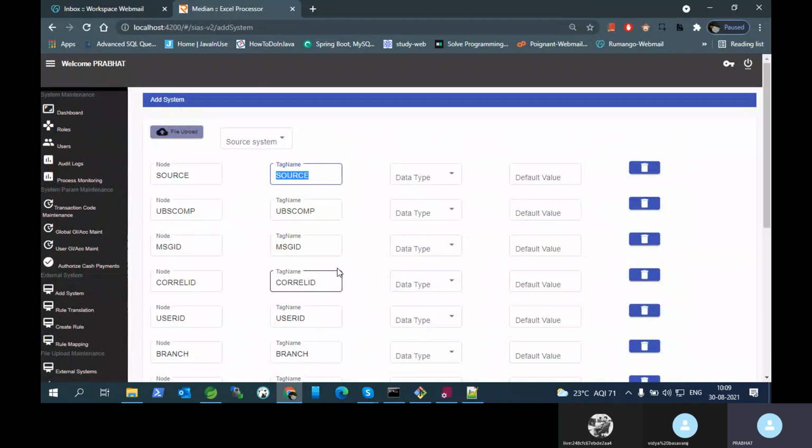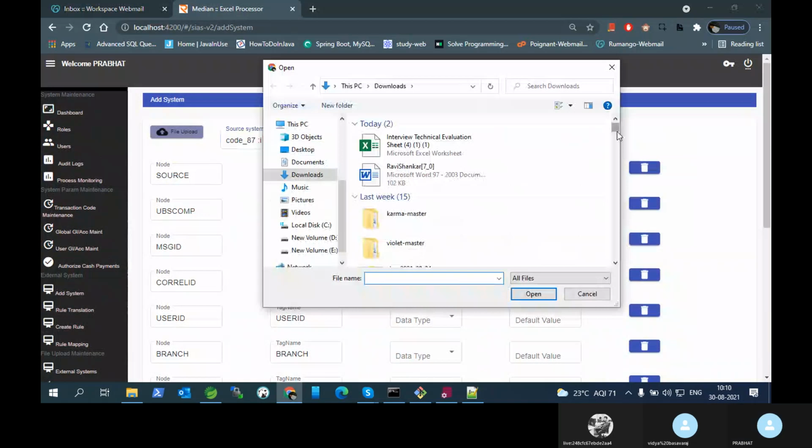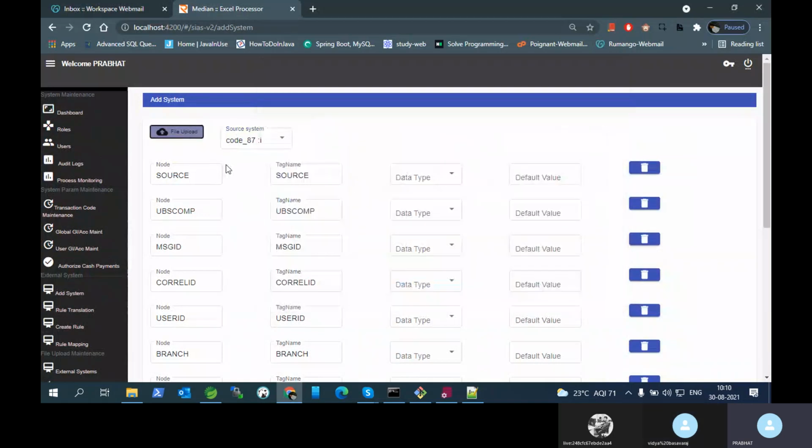And how will it come? It will not come while loading that screen. While loading that screen, it will first take the source system, then we will give the option to upload a file, so he can choose the external system. No, here you need to remove it. We told you earlier, right? Note it down. Yes, sir. Here source system is not required. We can just give a file upload. He will upload the XML file, and based on the XML file, Fayaz will give you the response, and then we can display it here below.